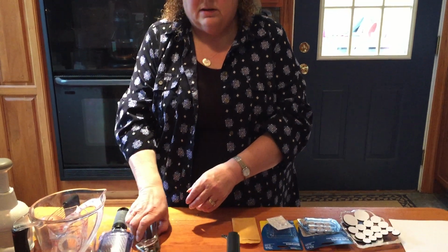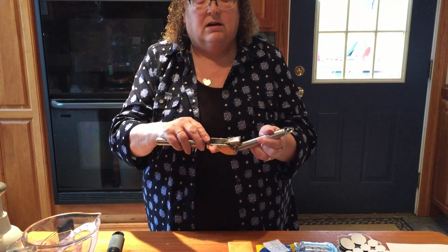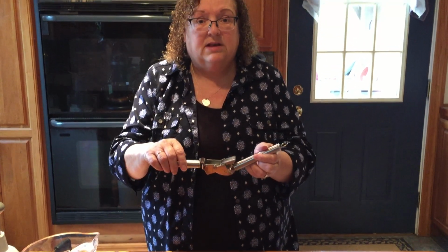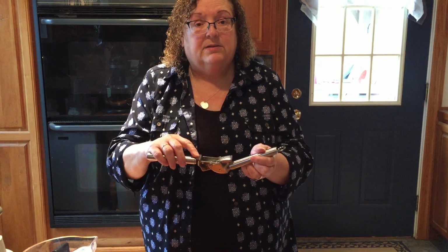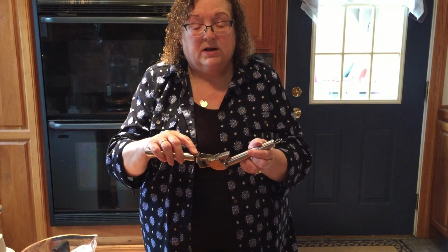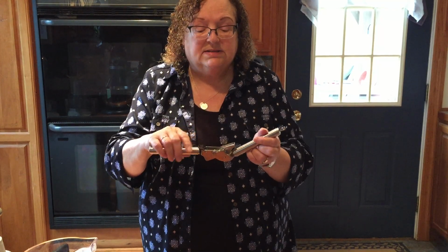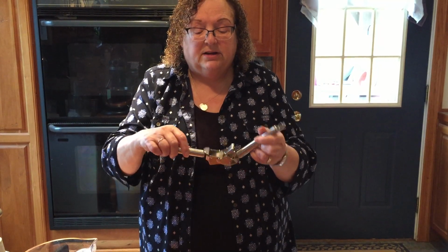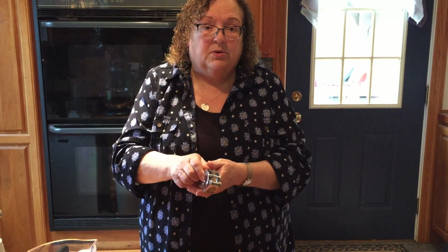A tool that I think is like the best thing ever is a garlic press. Our kids really have difficulty cutting up really small things like garlic, and they have difficulty getting the peels off garlic as well. This takes care of both things. You can put a garlic with some of the peel on it still right in the hopper here and press it and squeeze it right into your dish, whatever you're making. You can squeeze it into your saucepan, into your skillet, into a bowl, and your garlic is already chopped and